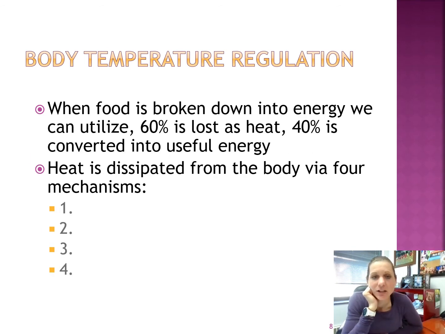Okay, so let's take a look at the way in which we can dissipate heat. There are 4 different mechanisms. Again, we mentioned sweat. We also mentioned blood flow to the skin surface, but let's take a look at what's happening in order for us to dissipate heat. Okay, so there are 4 different ways in which we can dissipate heat. Number 1 is conduction, convection, radiation, and evaporation.